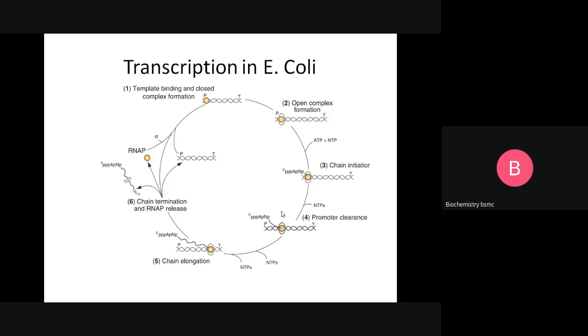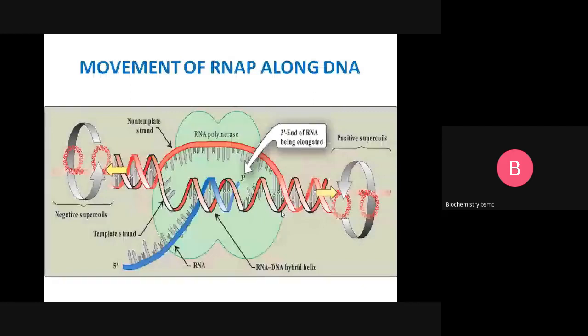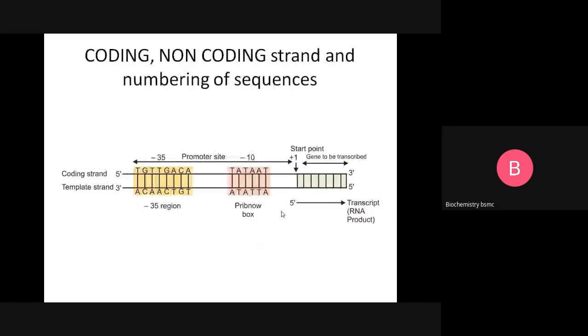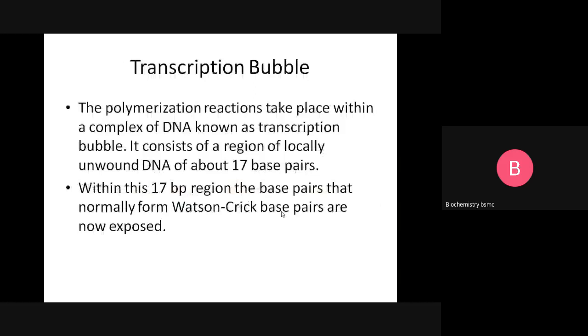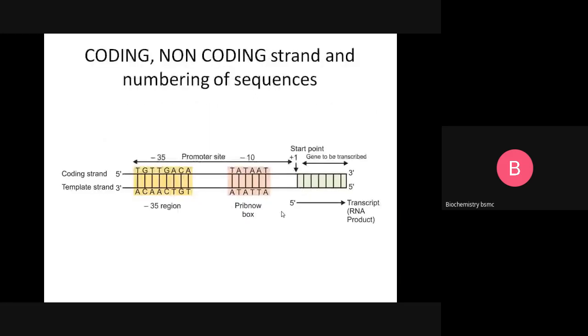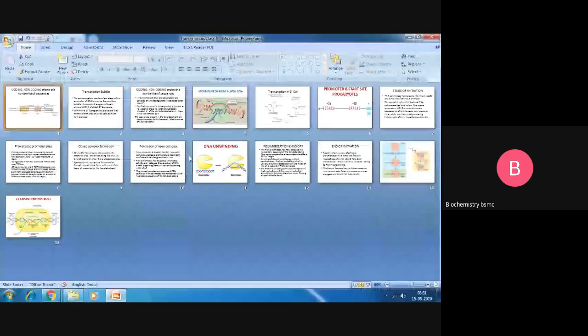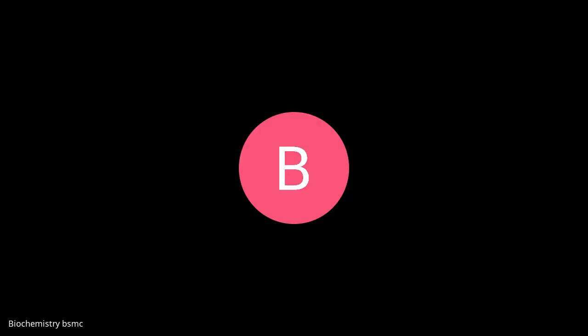But if we consider, in the last class we said that replication and transcription have one similarity, that both of them have 3 important phases. So what are the 3 important phases? The 3 important phases are initiation, elongation, and termination. So it is very important: initiation, elongation, and termination. We shall consider them one after another.